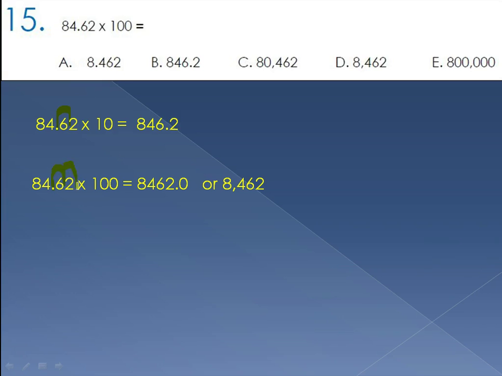So the decimal point is going to be after the 2. So it's going to be 8,462. The answer has to be D,